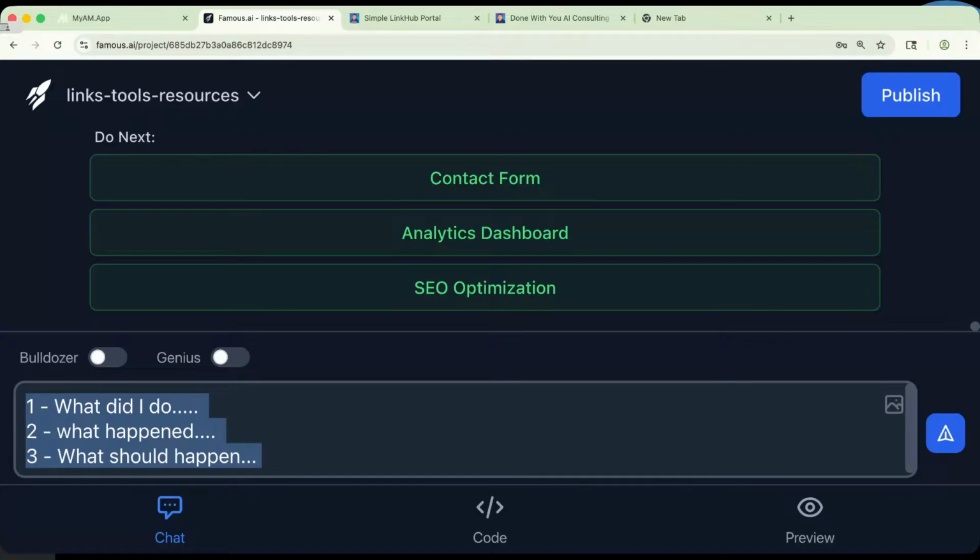So utilize these. Let me copy and paste these into the chat. I believe you should be able to copy and paste out of the chat. Engrave it in your mind. Draw it on your whiteboard. Every prompt should have this format. What did I do? I went to the user dashboard. What happened? The data in the user dashboard seems to be mock data. What should happen? Please ensure all data is stored in Supabase and don't use mock data for any part of my site. Those 3 steps are going to